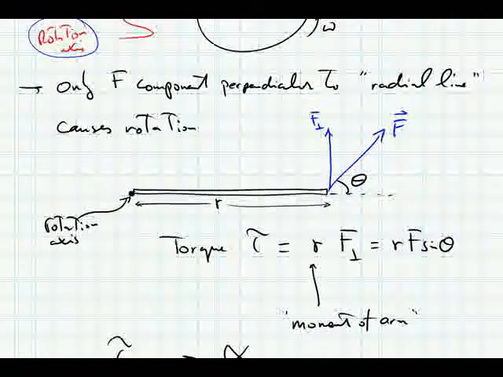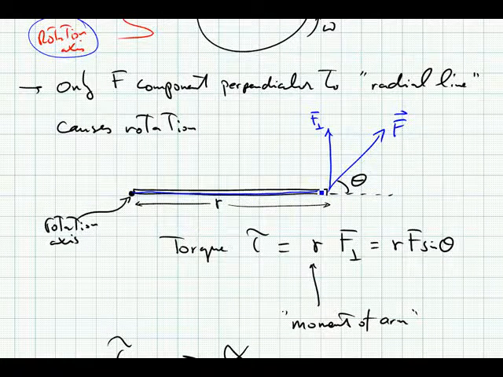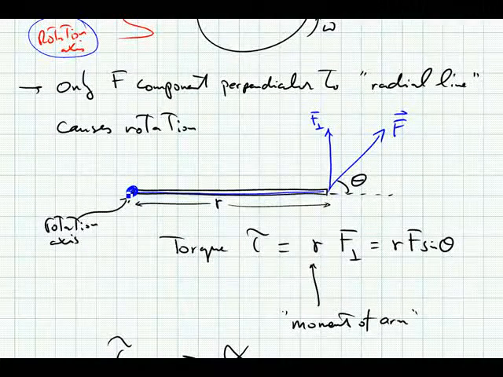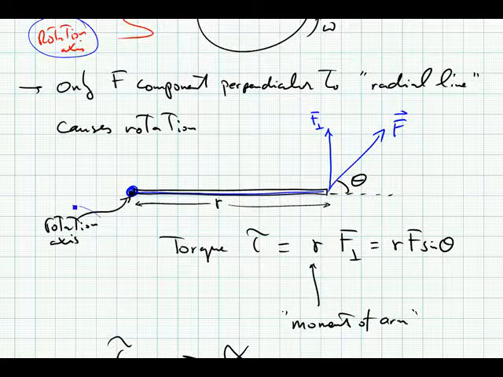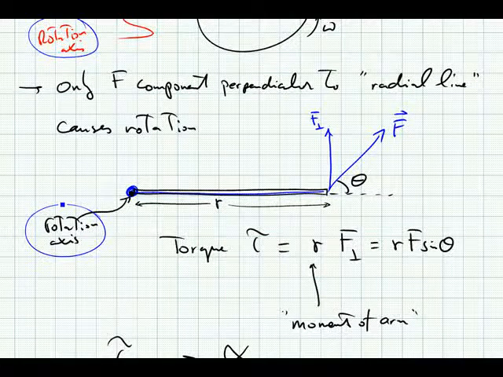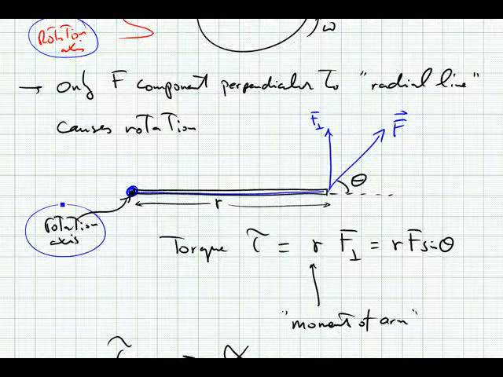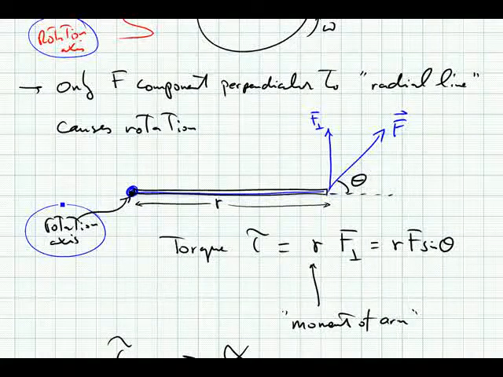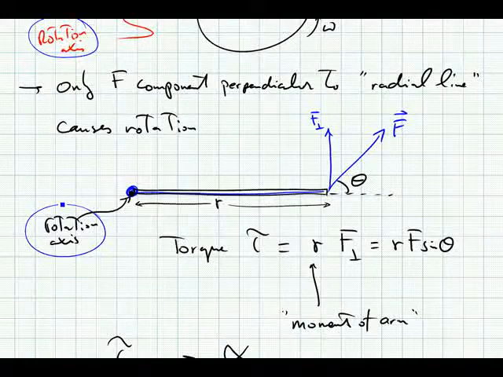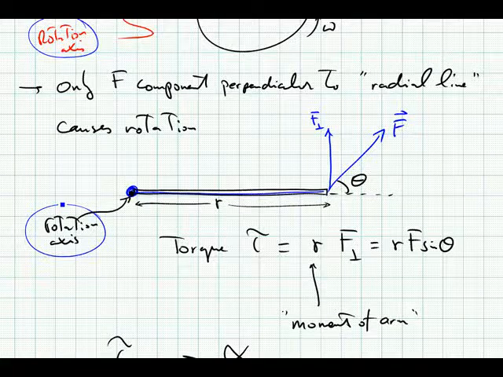Now, consider this rod which has a length r, which is pivoted on the left hand side. So this is, so to speak, our rotation axis. The rotation axis is into the board. So imagine we have a rod and we just drive a nail right through the left end of it into the wall, and that forms our rotation axis, or the pivot point. Now if we apply a force F